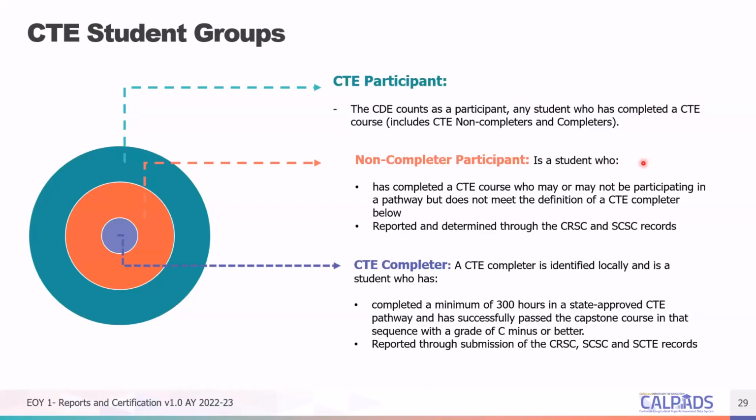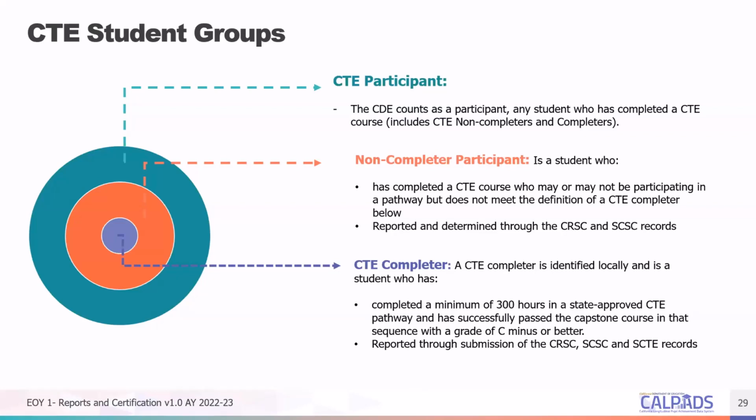Now let's look at a CTE non-completer participant. A CTE non-completer participant is a student who has completed a CTE course, who may or may not be participating in a pathway, but does not meet the definition of a CTE completer. CTE non-completer participation is reported and determined through course section completion and student course section completion files rather than SCTE files. And a CTE completer is identified locally and is a student who has completed a minimum of 300 hours